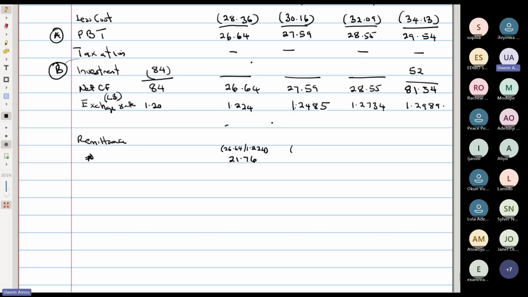Next one, 27.59 divided by 1.2485. Just a moment. 22.0985, so 22.10. Okay, 22.10, yes. And then the next one,